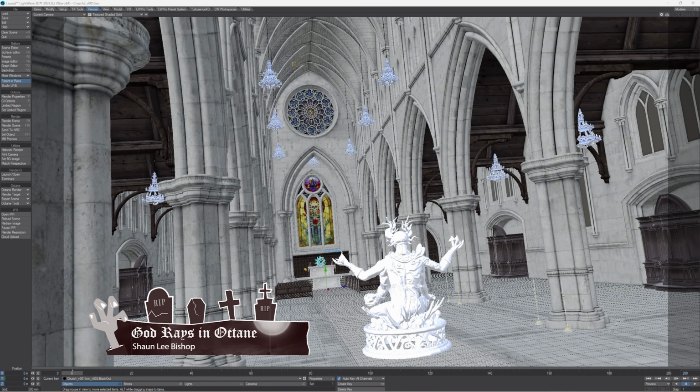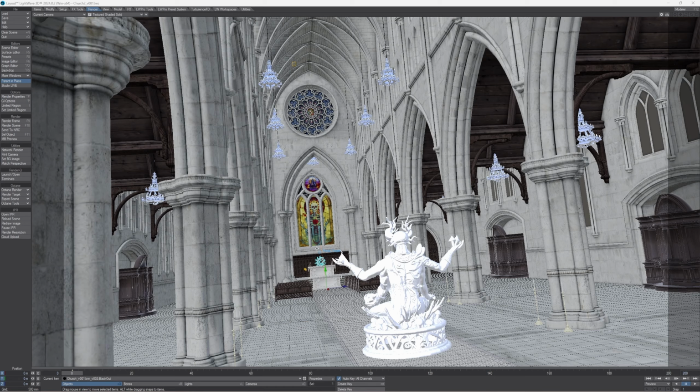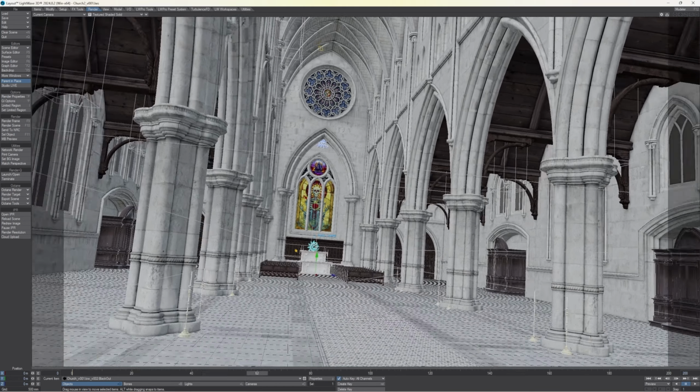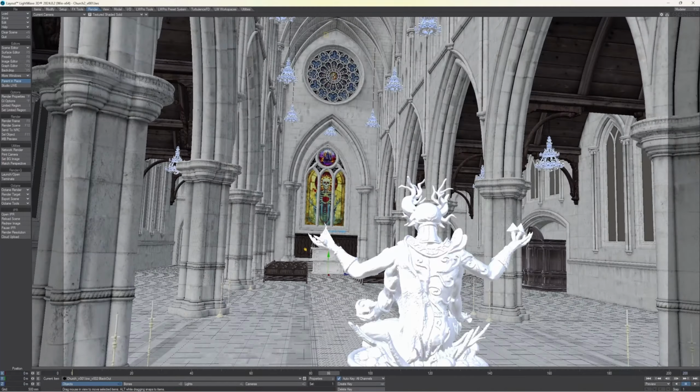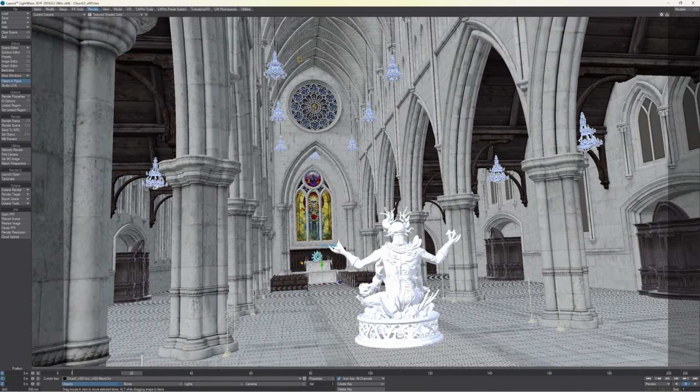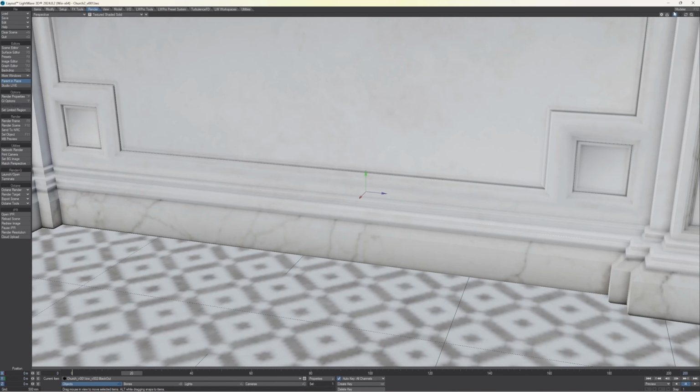Going to show you how to get some decent God rays out of Octane. You can see I've got two stained glass windows, and this is my basic scene. The camera just zooms in like that, well, you've already seen it. And what I've done, if I go outside,